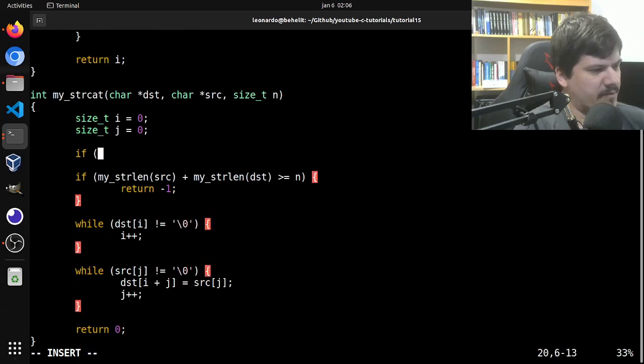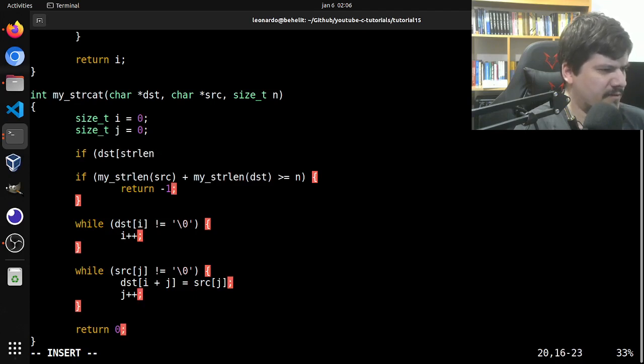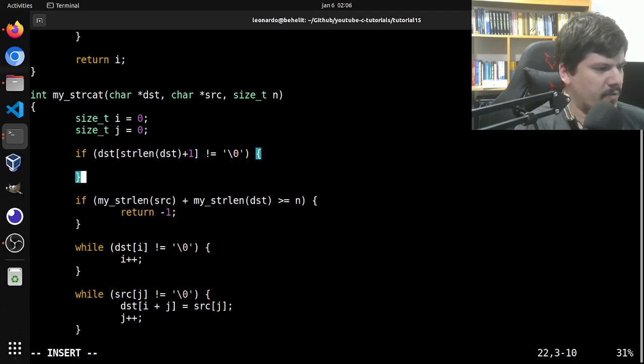If destination string length, which would be 5 plus 1. So if string length of destination plus 1 is different than null terminating character, we return -1,